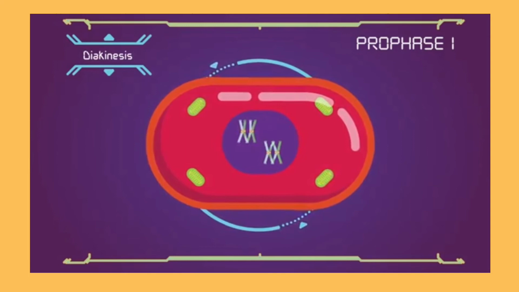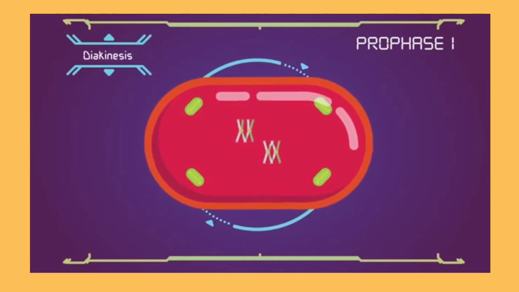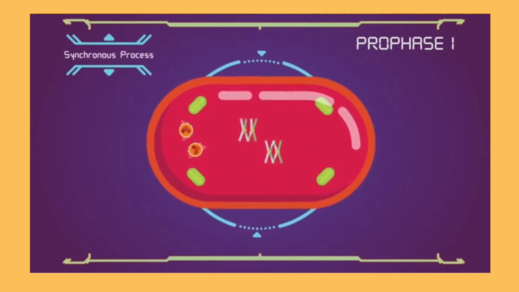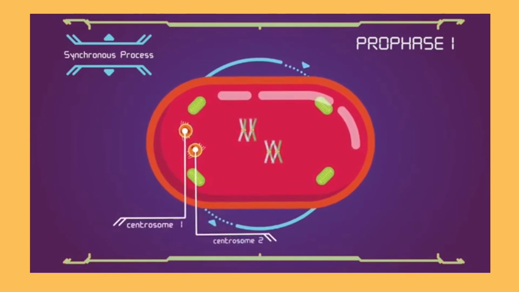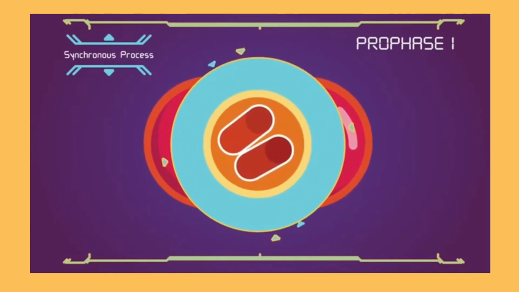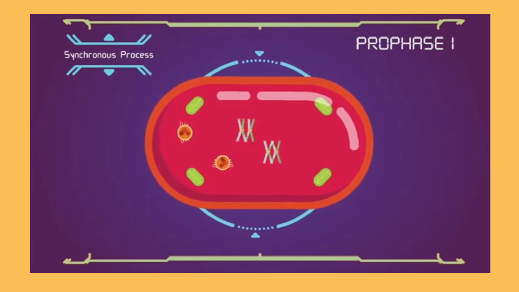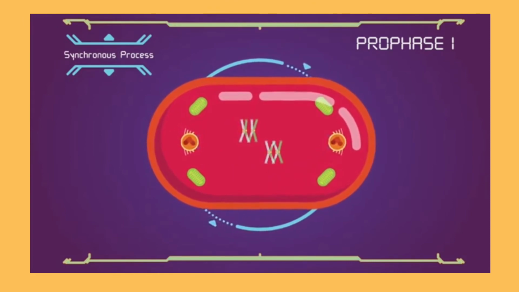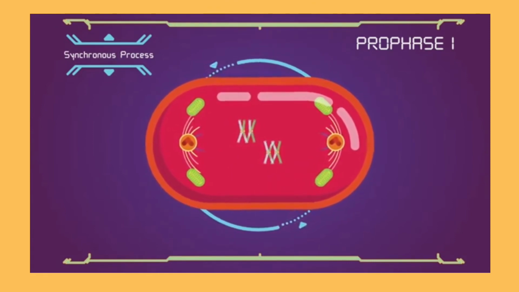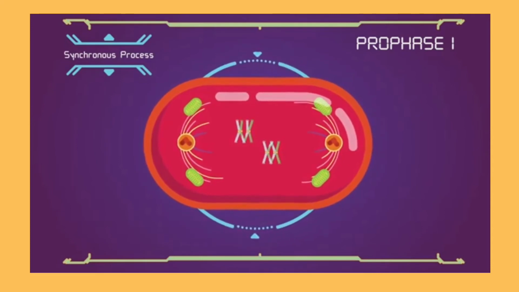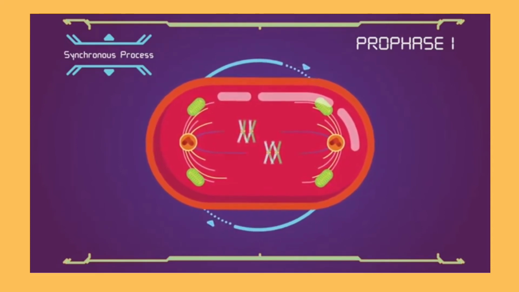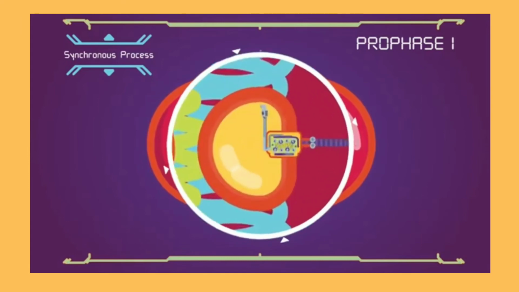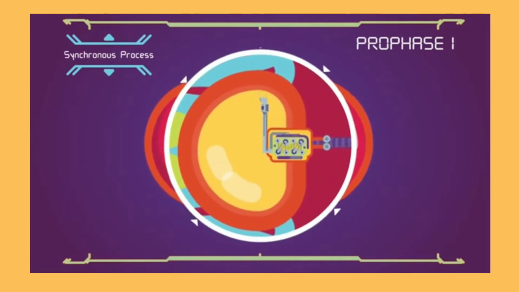The nucleoli disappear, the nuclear membrane disintegrates into vesicles, and the meiotic spindle begins to form. During these stages, 2 centrosomes, containing a pair of centrioles in animal cells, migrate to the 2 poles of the cell. The microtubules invade the nuclear region after the nuclear envelope disintegrates, attaching to the chromosomes at the kinetochore. The kinetochore functions as a motor, pulling the chromosomes along the attached microtubule.